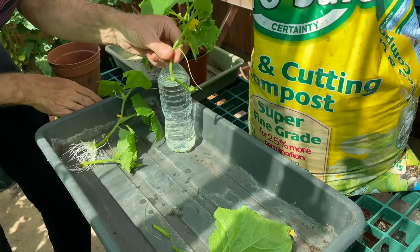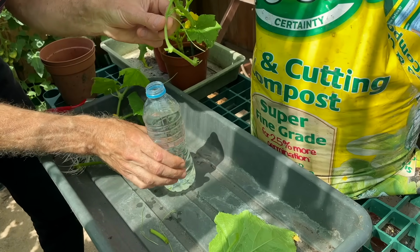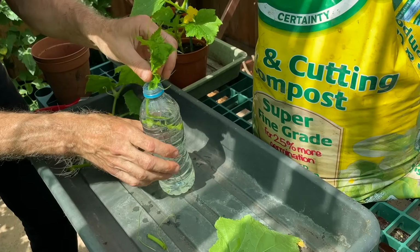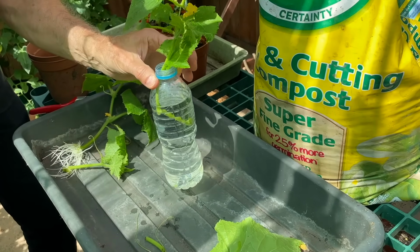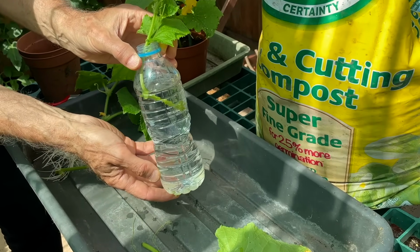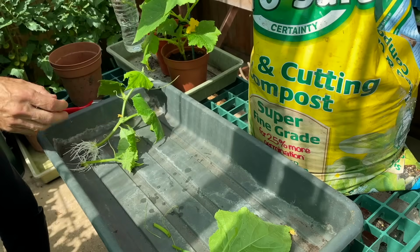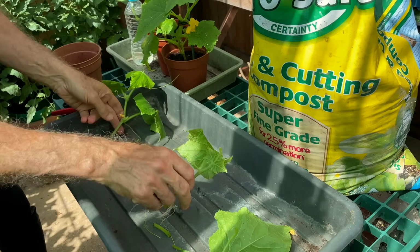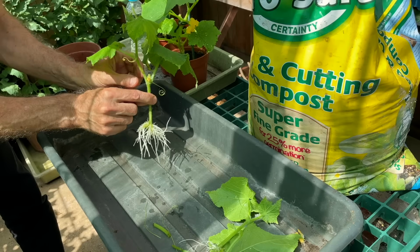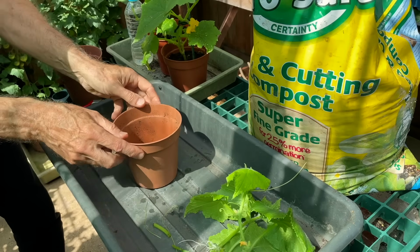So that's my cutting formed, and all you've got to do, as I say, is get some water, jar of water or whatever, and pop that into it and just leave it. I put it on my kitchen windowsill, leave that for perhaps 3 weeks or so till it's really well rooted. And once you've got a good root system formed, like you have on this one here, it can be potted up. And all I'll do is get a little pot of compost,